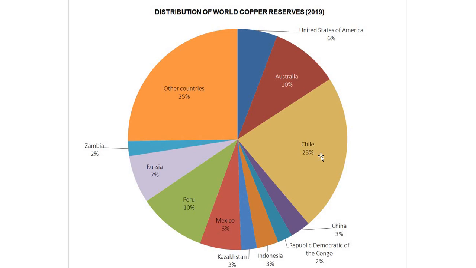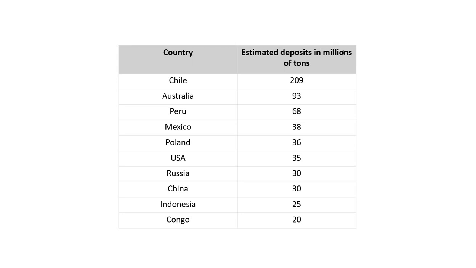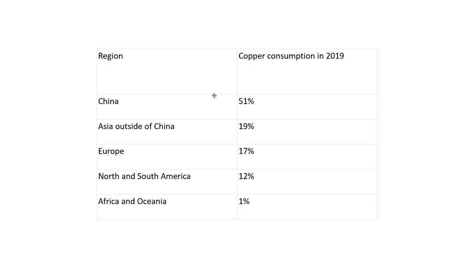We'll get to geopolitical concerns later, but Chile is the largest producer and very important when it comes to the copper market. We can see from the breakdown of deposits in tons that Chile is quite a bit larger than the next producer, Australia. On the demand side, we see that China, this is back for 2019, is a huge consumer of copper. Obviously, they are a big manufacturer and also a large, growing, emerging economy. So they tick all the boxes and, of course, import a lot of copper.